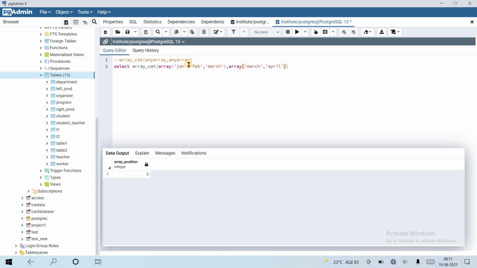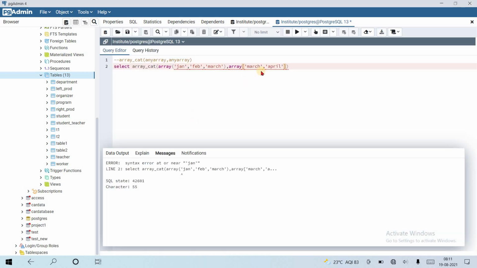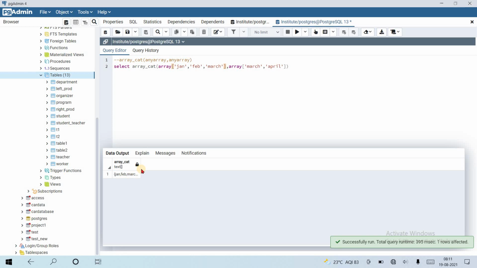Now what will it return? Yeah, it returns like this.